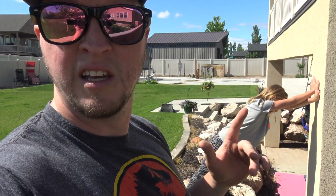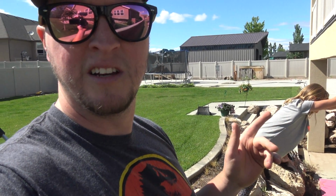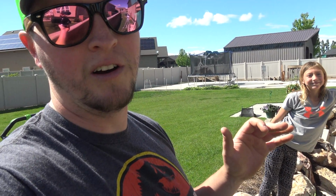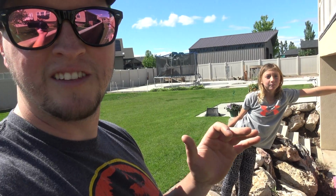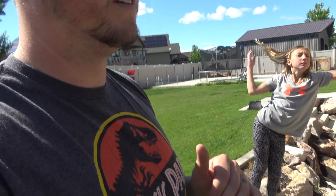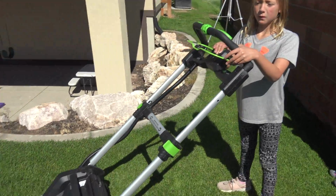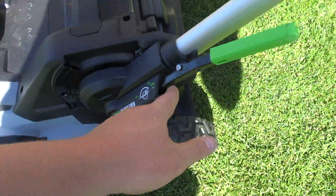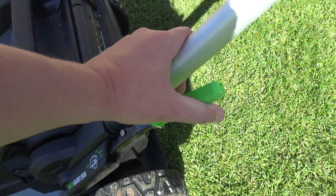One of the benefits of it being so light is I can put these kids to work using it, and they literally don't have a hard time using it at all. So let's mow a couple of runs with this here mower. All right, so again, with the convenience of being able to switch from high to low settings, this works really good